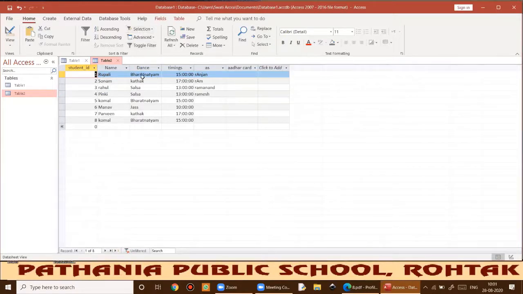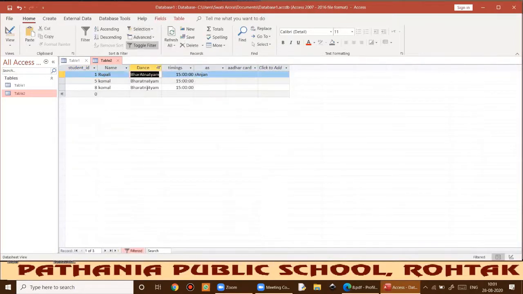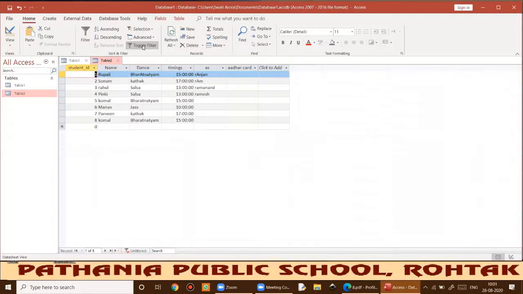Like I just want to know this Bharatnatyam wala, so I will go here equals Bharatnatyam, so it will show me all the records that are having this Bharatnatyam as dance style. Okay, so if I want my original table back, I need to click on toggle filter. This will give me my original table back.